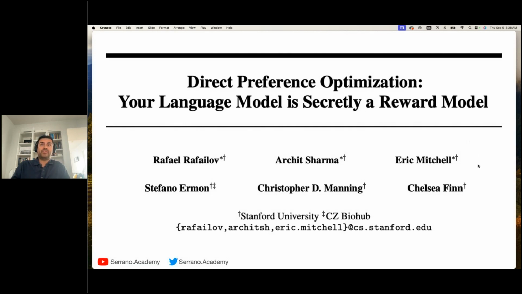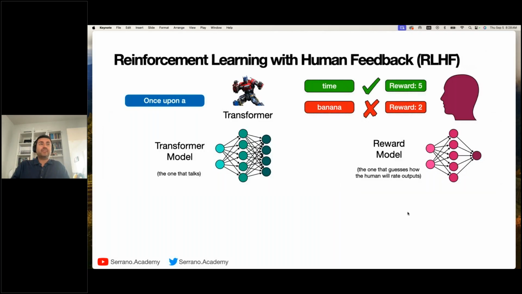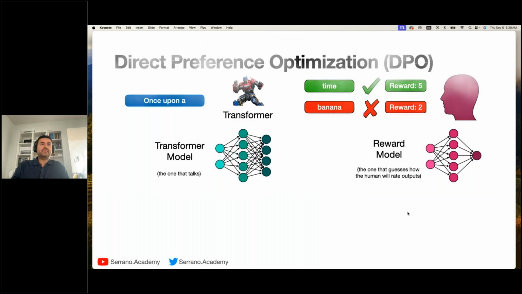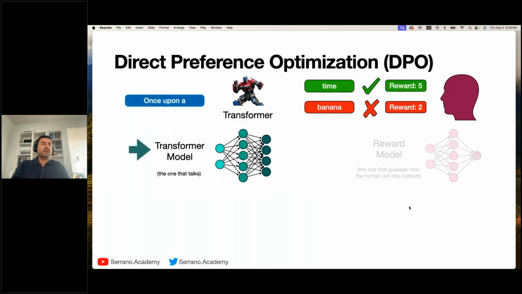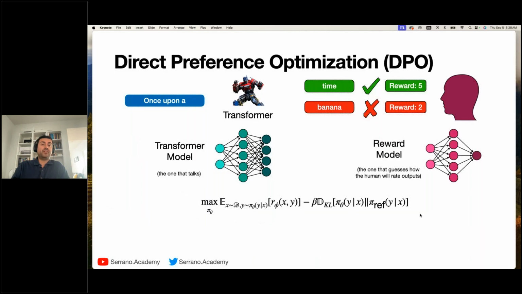This is the paper, Language Model Is Secretly a Reward Model, which bypasses the reinforcement learning part and trains a neural network directly. Basically, this is the loss function of the neural network. It's over here. It only uses the probability, so it completely bypasses the reward model. And how does it bypass it? Well, because it originally has this formula over here, and this formula basically has the reward model and the policy model.